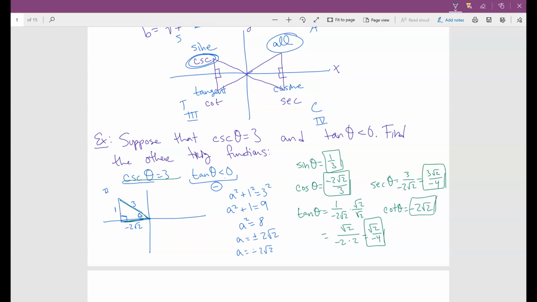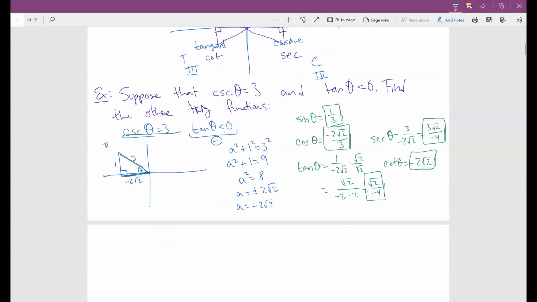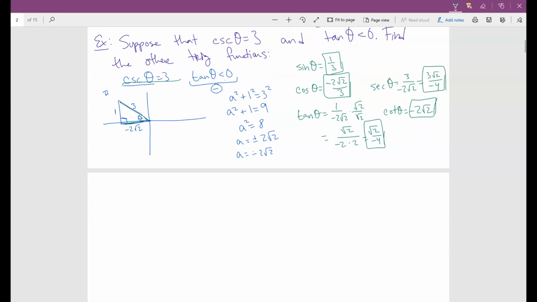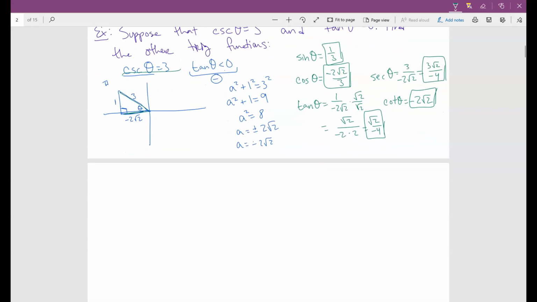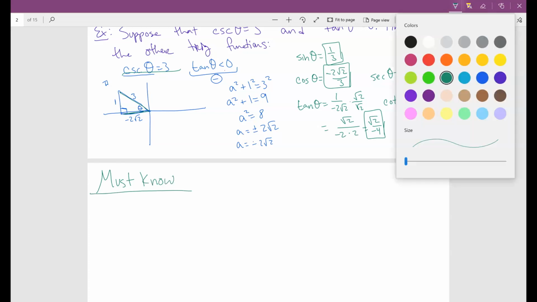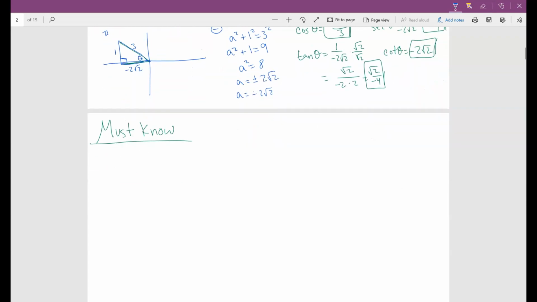Now, some of the other things that you could have done is you could have just used the trig identities. So remember these trig identities. These you must know. Even if you are online or on campus or whatever, you should memorize these. The first is the Pythagorean identities,